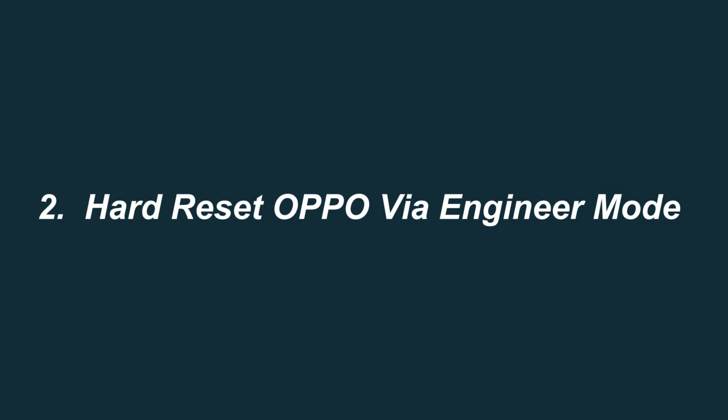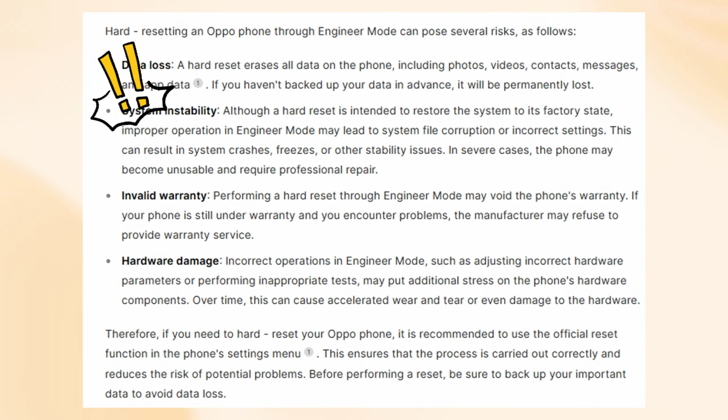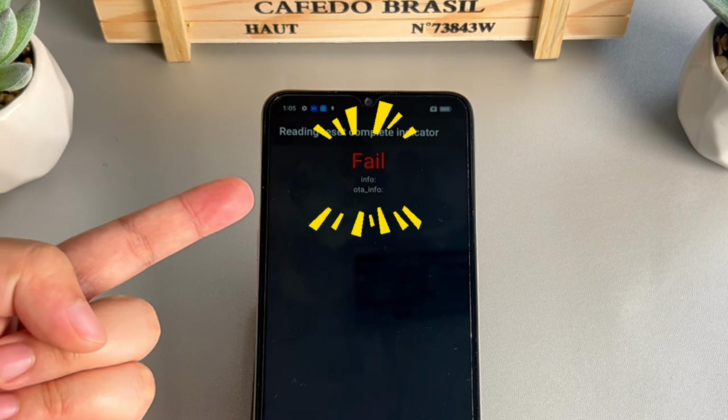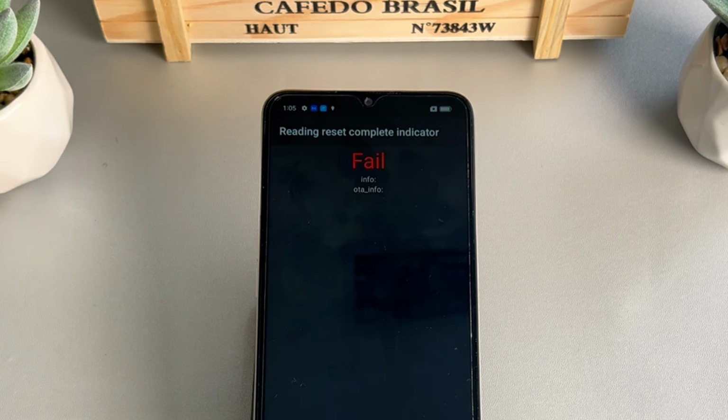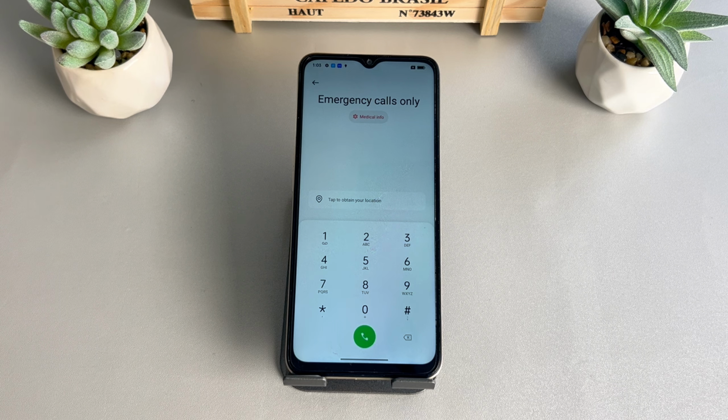Method 2. Hard reset Oppo via engineer mode. The risk of this method is a bit higher, so you need to carefully follow the steps during the operation process. Otherwise, problems such as operation failure or even system errors may occur. First of all, please click the emergency call icon on the locked Oppo phone. Then, type